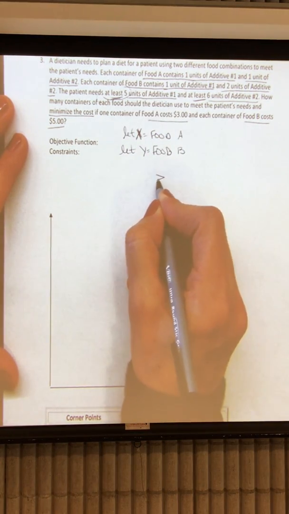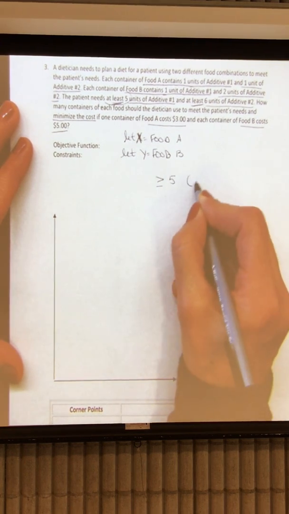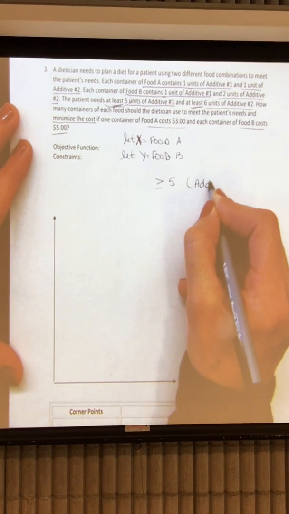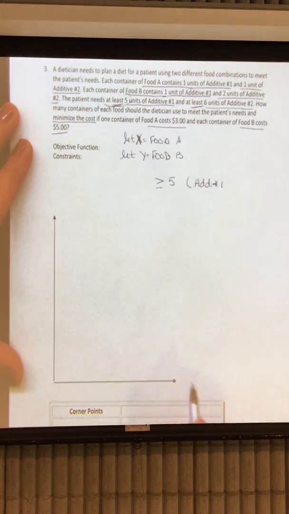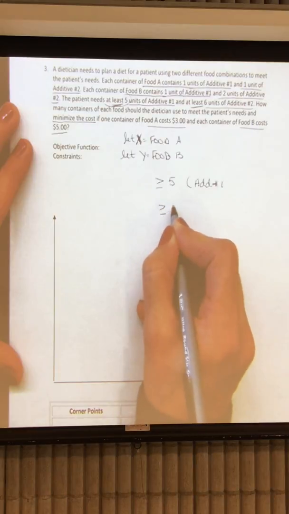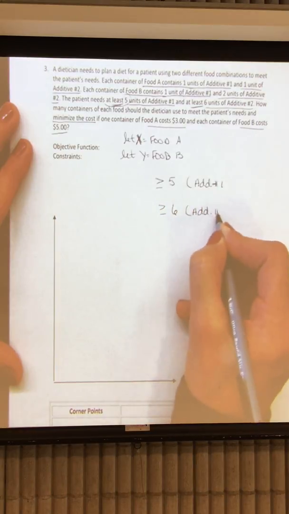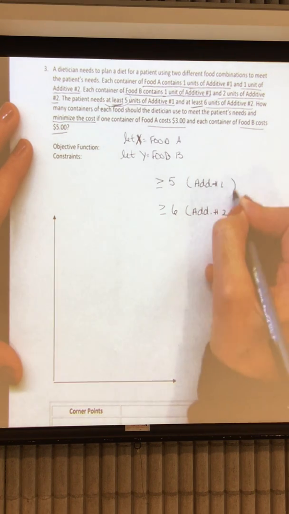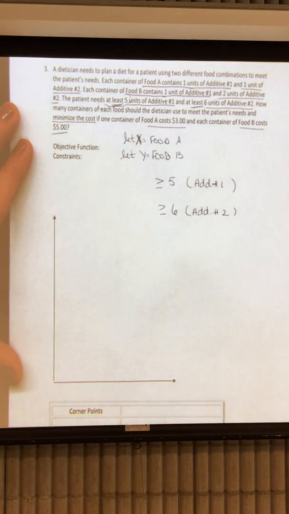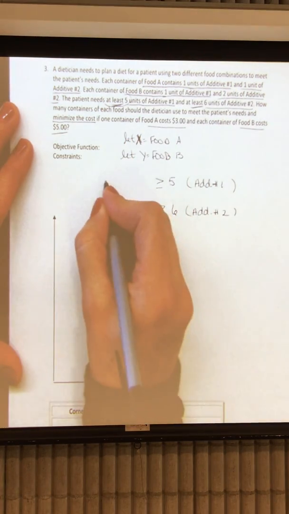So at least is greater than or equal to 5, and this is going to be our additive 1 inequality, and at least 6 is greater than or equal to 6, and this is going to be our additive 2 inequality. So looking at our sentence, food A contains 1 unit of additive 1, so we have 1x,